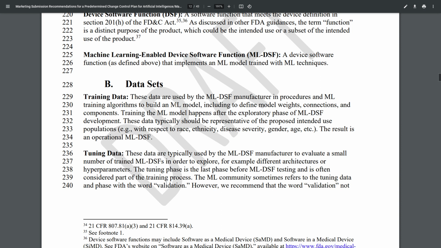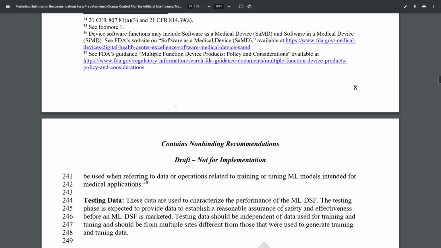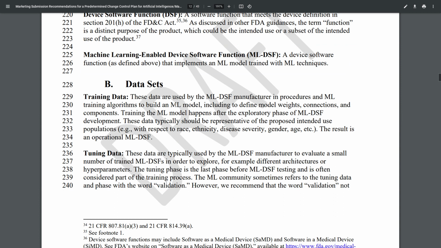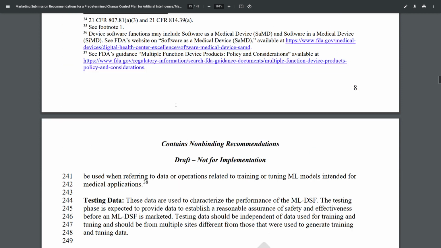However, we recommend the word validation not be used when referring to data or operations related to training or tuning ML models intended for medical applications, and that is because validation is a very particular term for the FDA, and so they want to avoid using that term here because it has a meaning elsewhere.